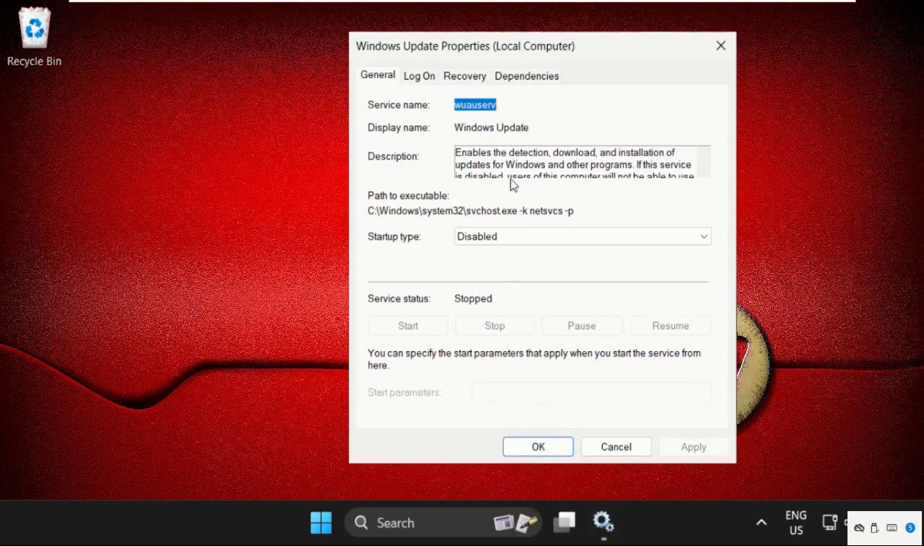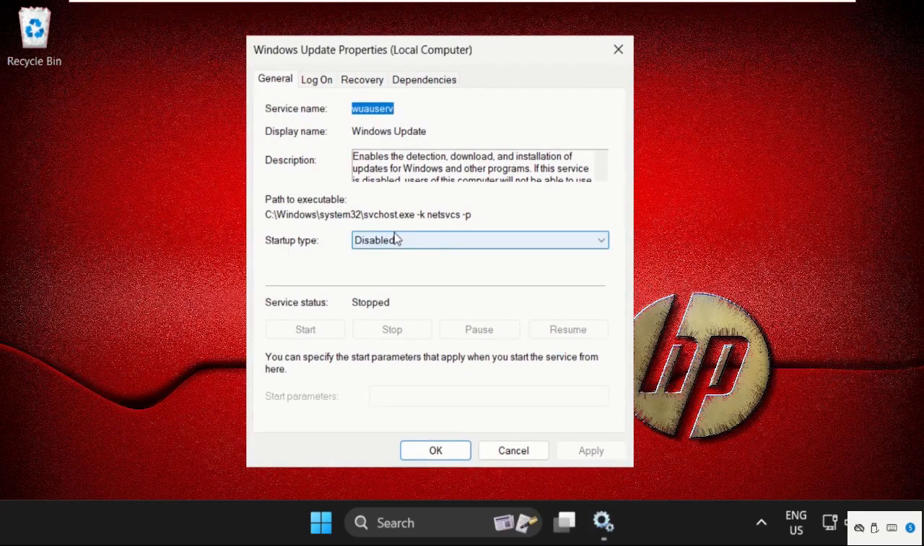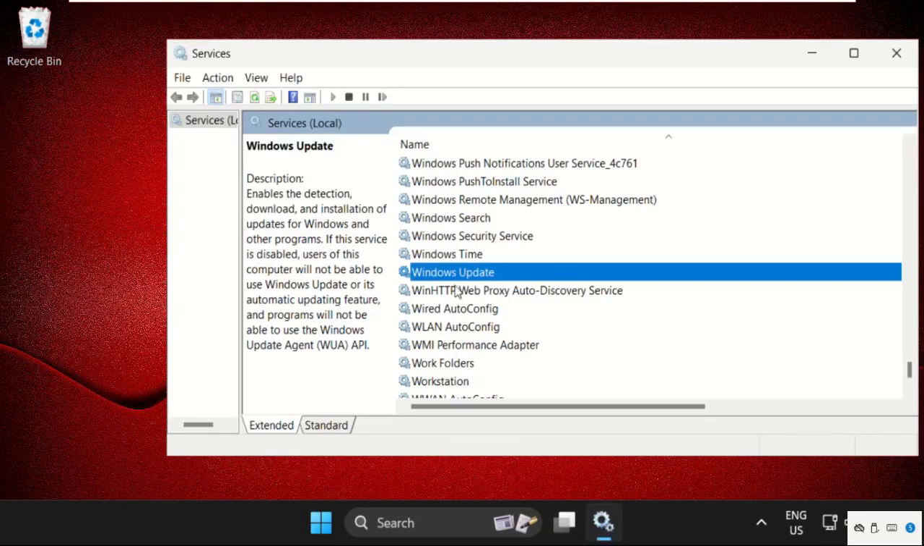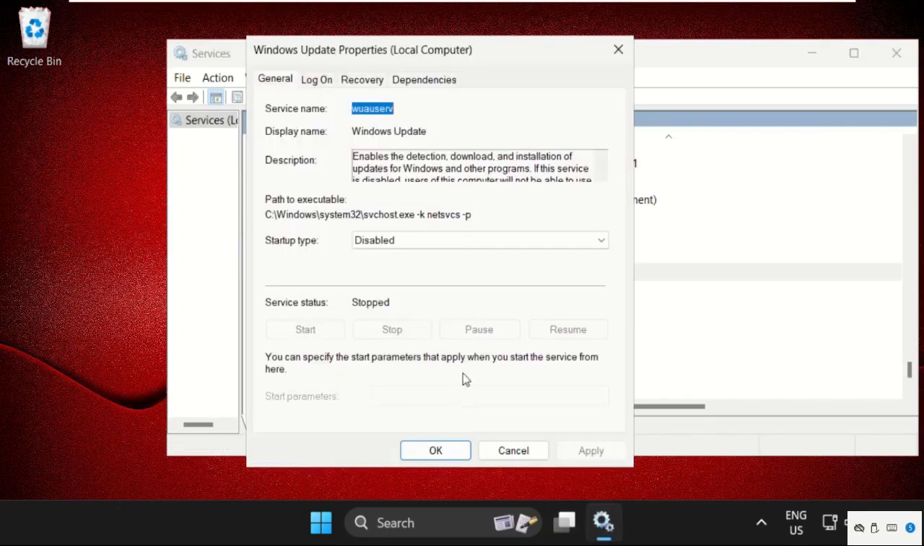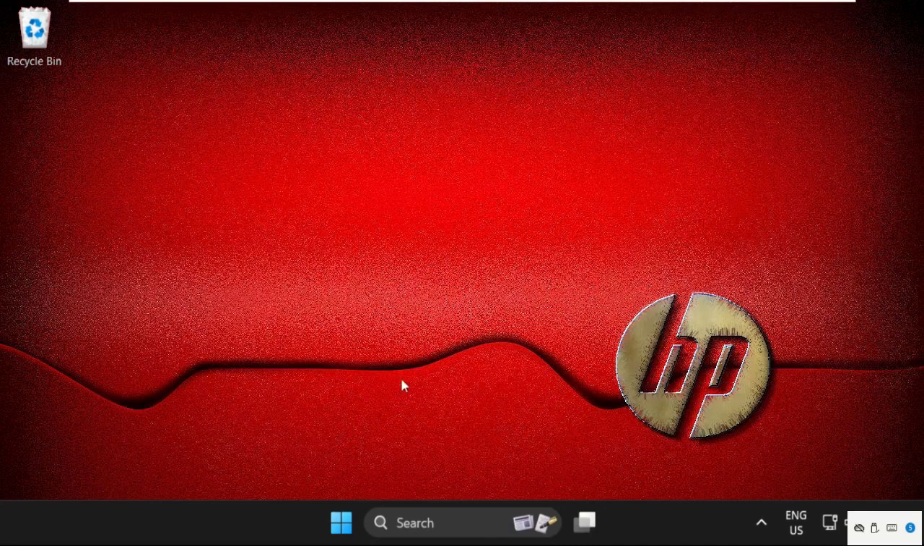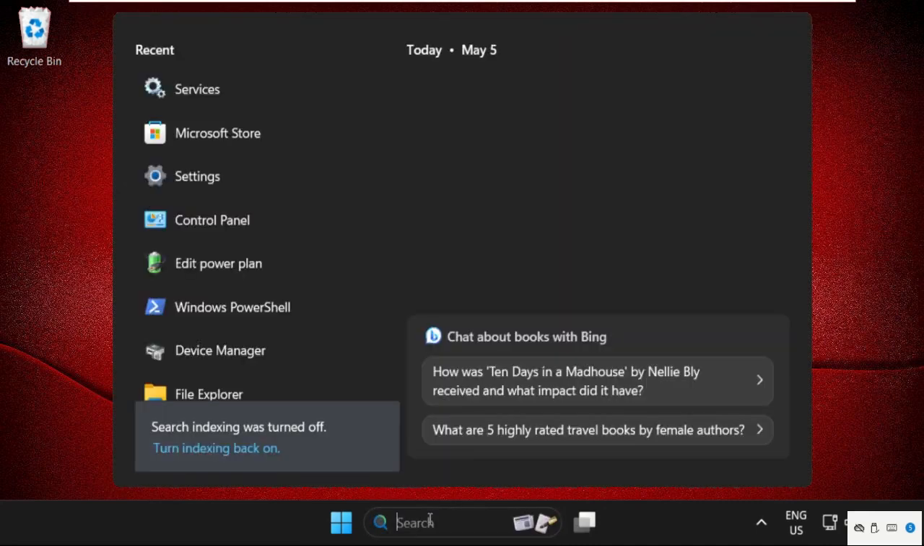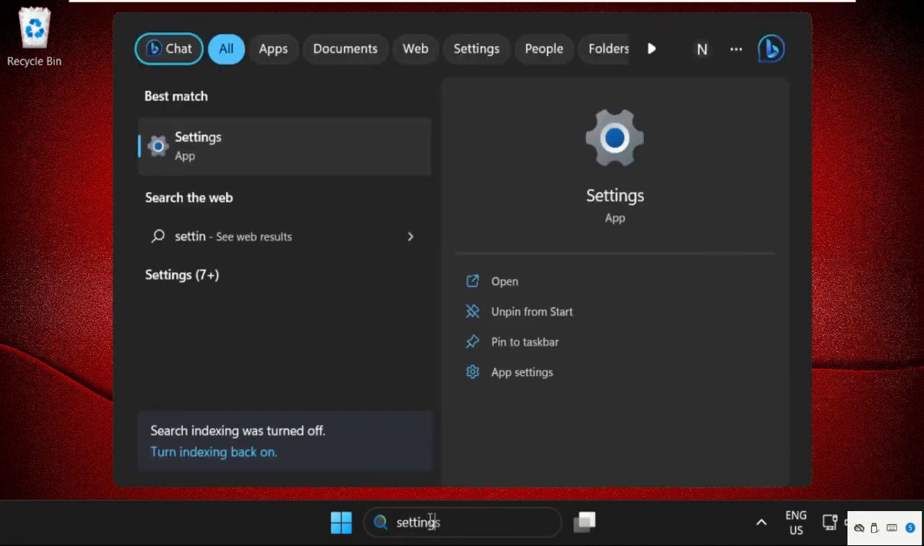Then on this window, make sure you select disable in the startup type. Then click on apply and then OK. After that, you need to just select it and make sure to click on the stop. Then close all windows one by one, and in the last method, just go to the search bar, type settings,